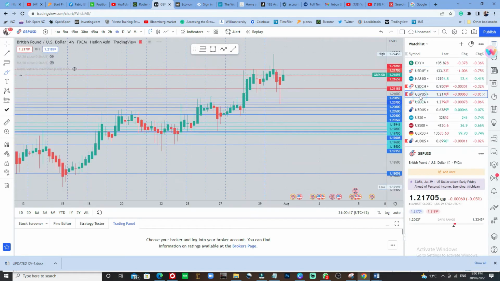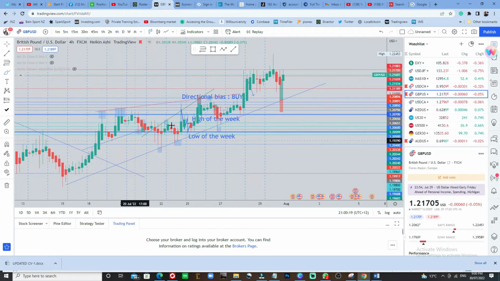So let's go back to GBP USD. It means that GBP USD will relatively go up, at least gradually went up, and that's what shows from the strength of the US dollar. The US dollar was not strong, so it was just like, okay, let's go up. GBP gained strength in comparison. That's why you can see it pushed to the upside all through the week.